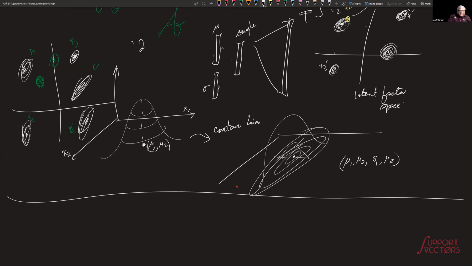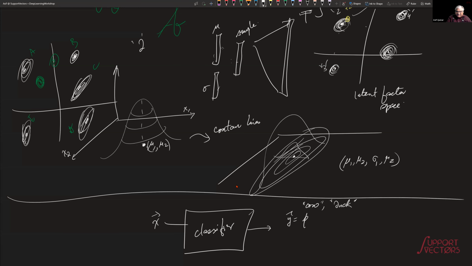Let us say that you're writing a classifier. Some X vector goes in, and what comes out is a cow or a duck. Cow, duck. So pick one of these. Let us say that probability of cow, right? So I will take the random variable y to be, so y hat is, suppose this machine,